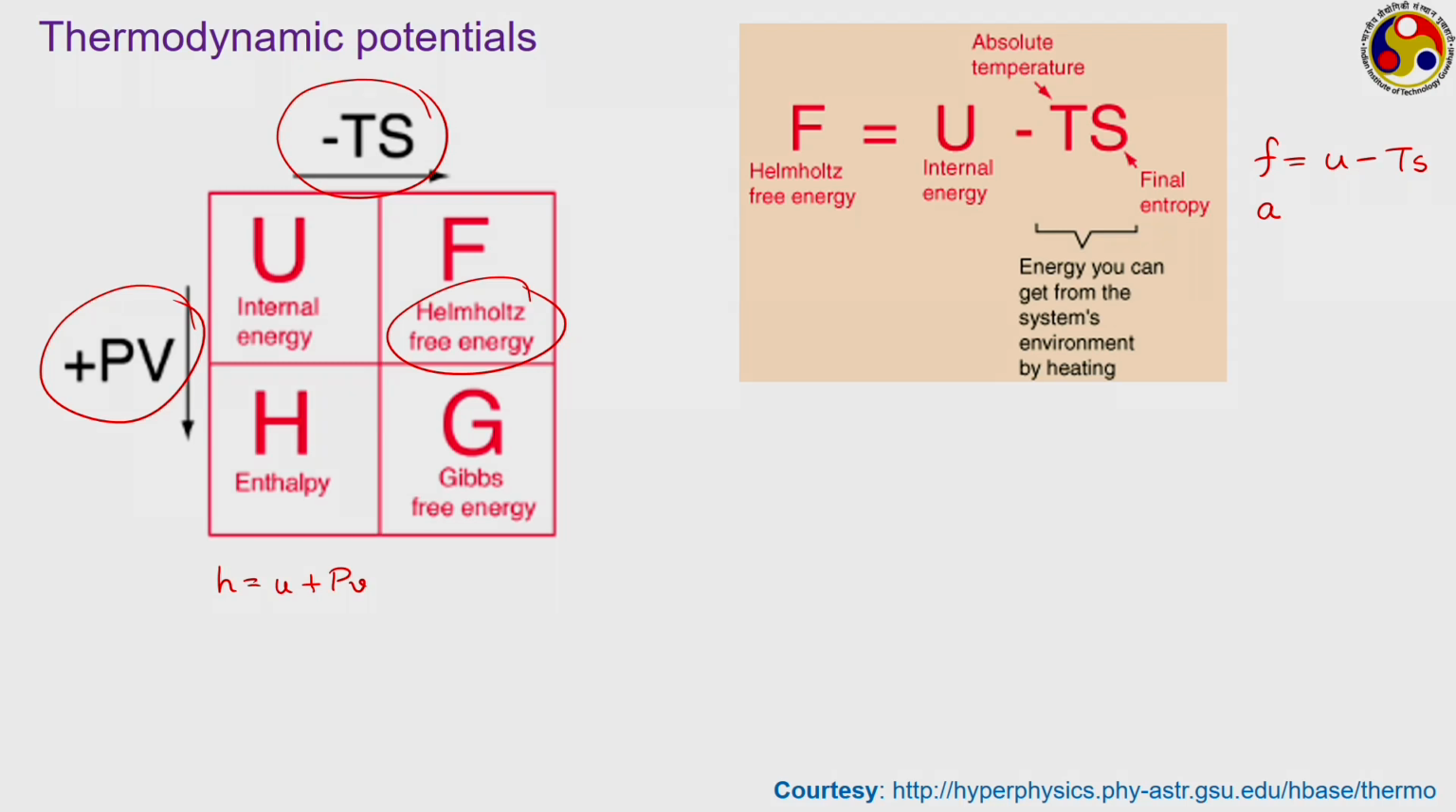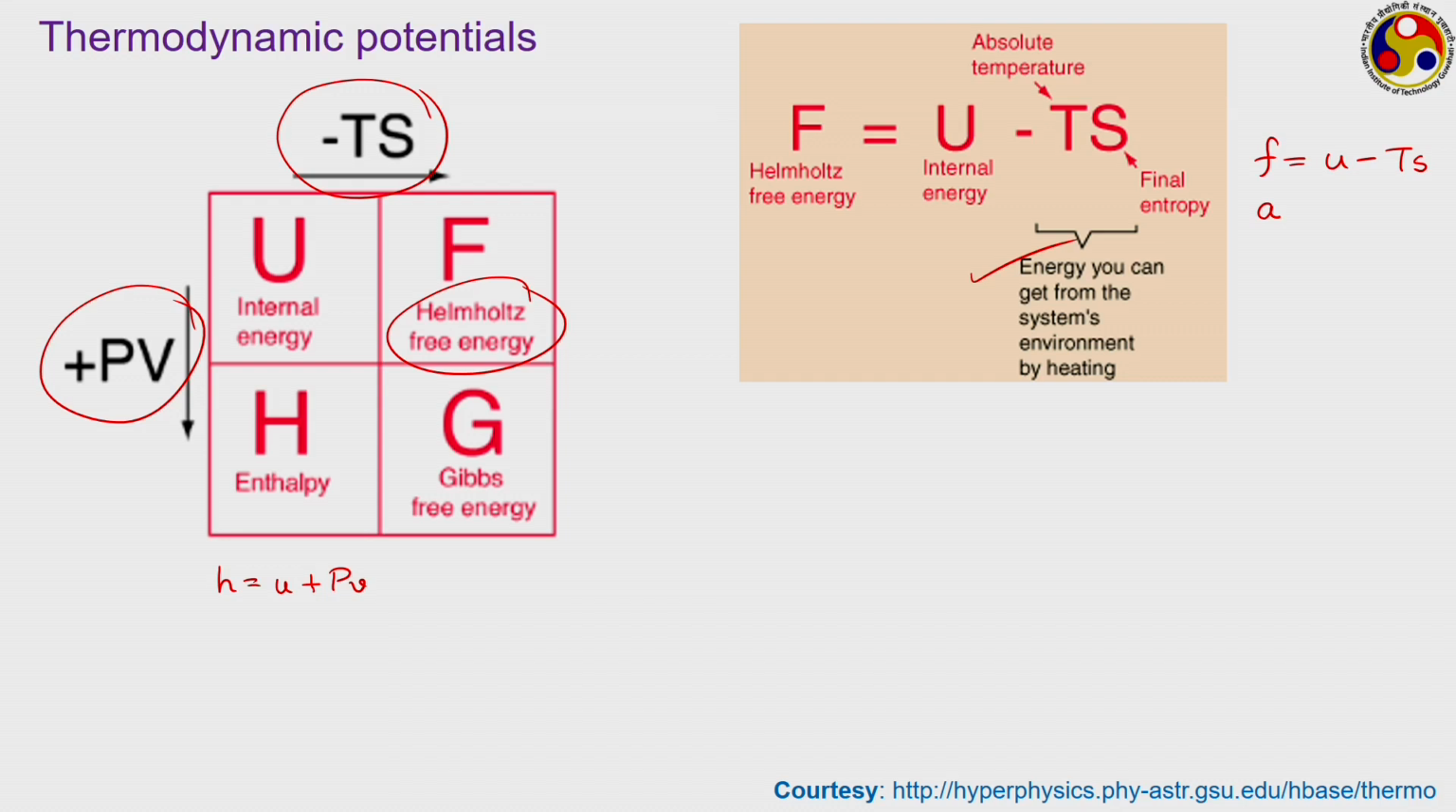Now, Helmholtz free energy means from the internal energy part, that is the amount of energy needed to create the system, you have to subtract this Ts portion, and this Ts can be viewed as the energy that we get from the system's environment by heating. That is, once the system is created, because of its thermal non-equilibrium with the surroundings, some heat can flow from the surroundings to the system to get the thermal equilibrium back. Here s refers to the entropy of the system. So this Helmholtz free energy is U minus Ts,